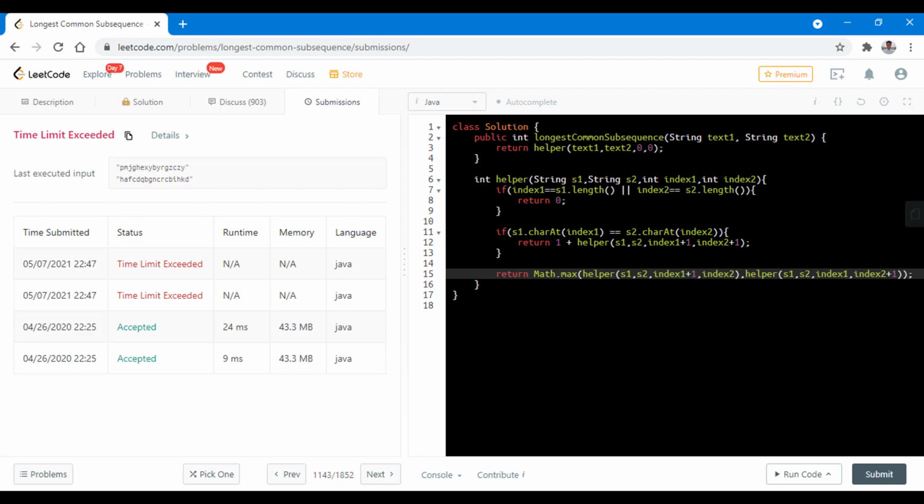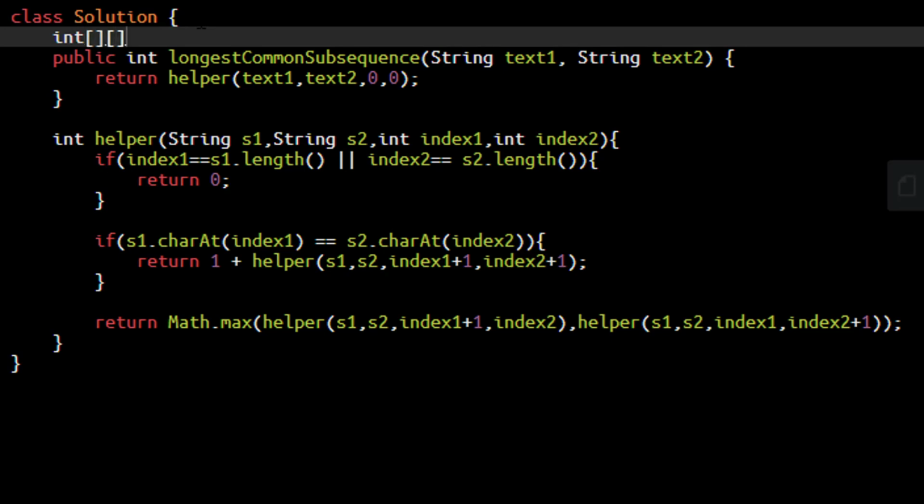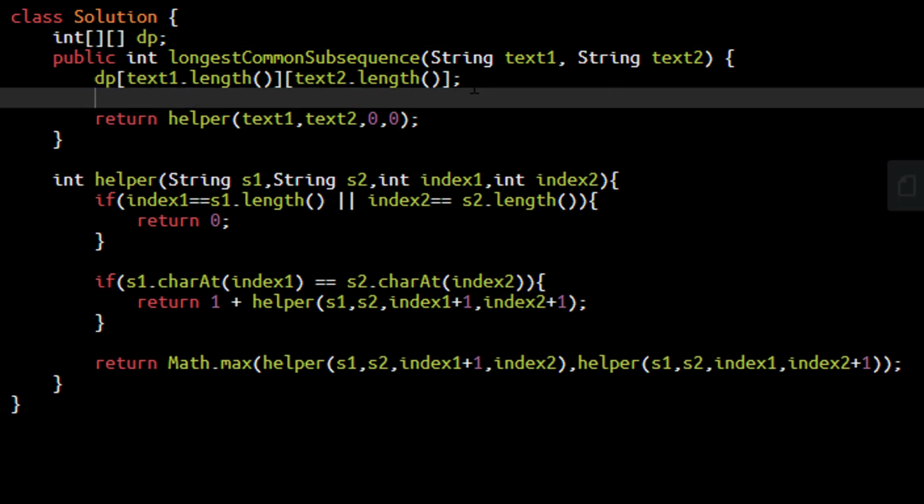In order to use that, we can have a 2D matrix of size m cross n, where m and n are the lengths of the two strings. So we will have a 2D matrix. And as we know that the two strings can have a longest common subsequence of length 0 also, we will first fill this DP array with -1.